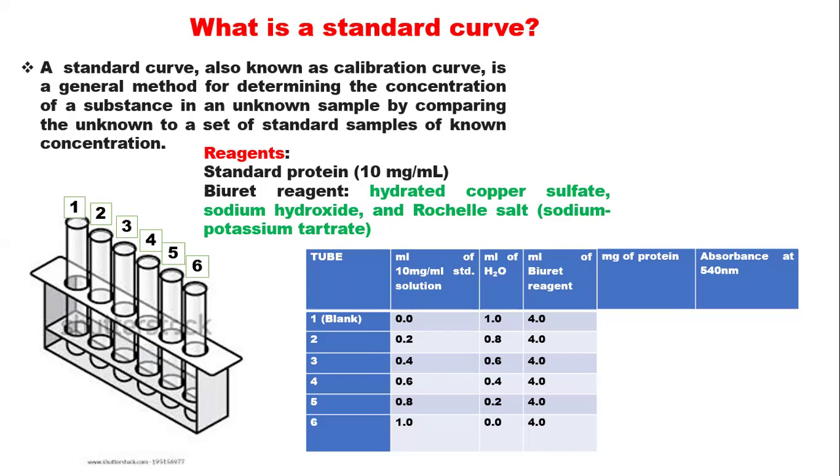Okay, so after you do that, because you are going to be measuring the absorbance, you are reacting the biuret reagent, which has copper sulfate, with the protein, which has peptide bonds. Basically, you are trying to react the copper component from the copper sulfate with the peptide bonds in the protein, so that you have the desired reaction, which can now be measured